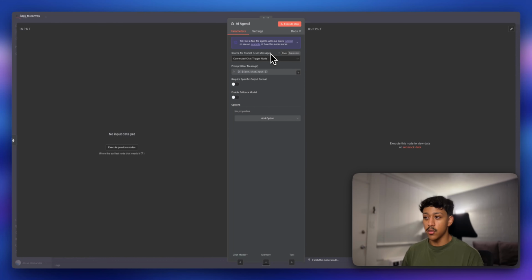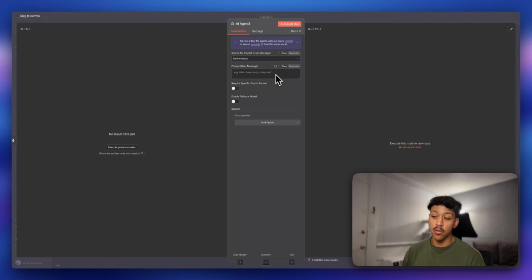For most cases, you're not going to be using this type. And so what you want to do is click on define below. What that's going to do is let you define a prompt or a user message down below. This might be a little bit confusing because we might think this is the main prompt that the agent is going to be using. And depending on how long or the functionalities of your agent are going to be, it can actually work,